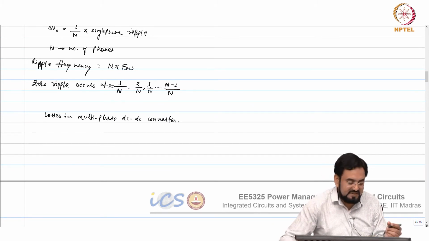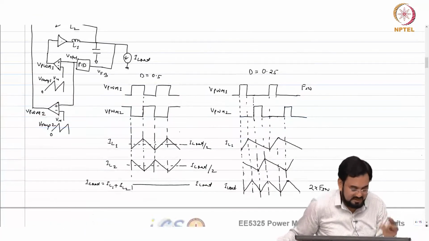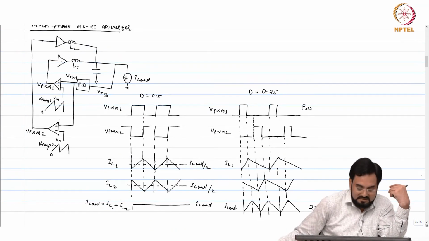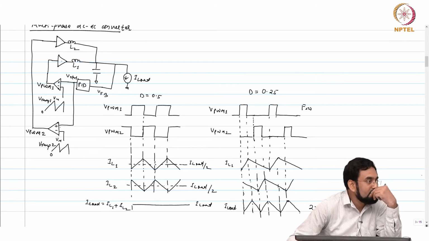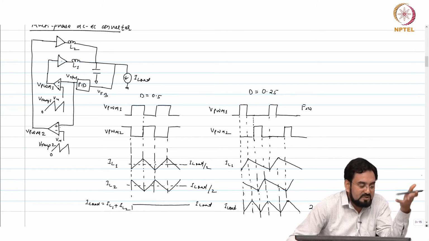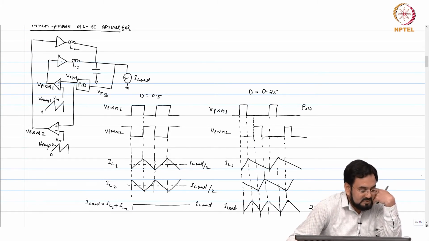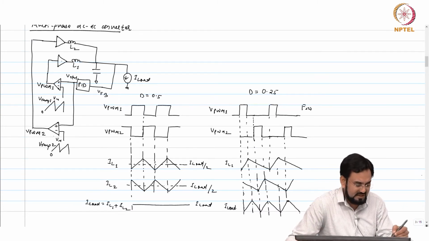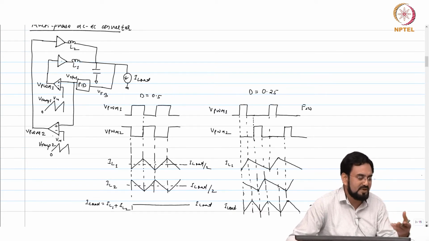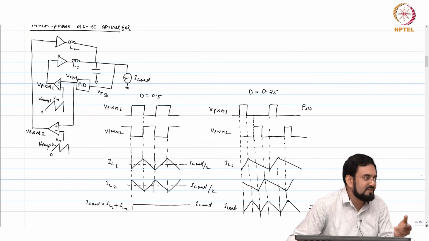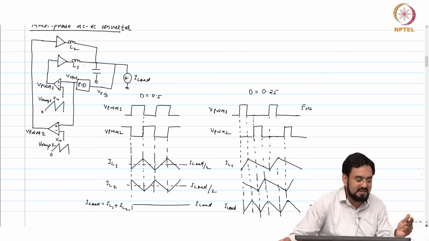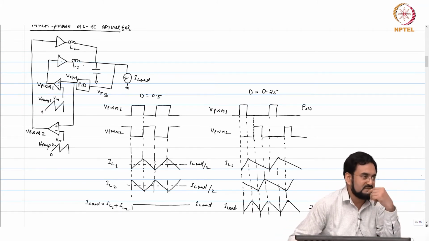By the way, by doing multiphase, what is the disadvantage? Advantage, we know it's a ripple. Can you tell me the disadvantage, just by looking at this? Yeah, it requires more components, more inductors, more power stages. Even if the controller is not taking too much area and your control is common, you require an extra PWM modulator only. So an extra comparator will not cost you much, but power FETs are very large, and the inductor is also an external component. So it will basically make the cost almost double.